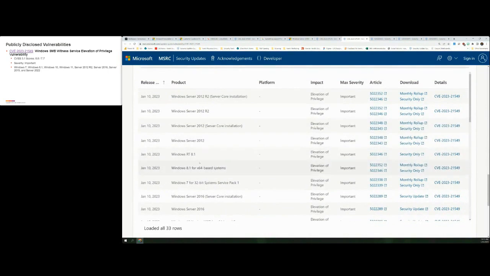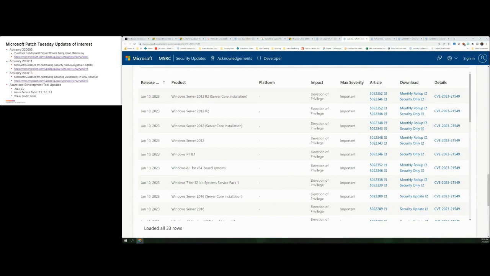Very similar. It's the OS level, Windows 7 all the way up to the latest in this case. Max severity in this case was important as well. So again, depending on your criteria, if you're doing priority deployment based off of critical, in this case, both of these vulnerabilities were rated as important. You need to look at some of those risk aspects as well as you assess what actions you're going to be taking. All right, we've got a few other things to kind of talk through here.